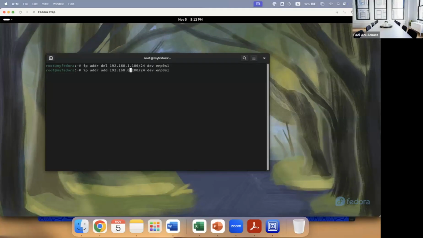192.168. Now let's use the same network address, 64. Let's keep it 100. Then let's use the command ip link set device enp0s1 up. Sorry, ip link, I did a typo. Then let's make sure the default gateway for Fedora, which is the router, is also in